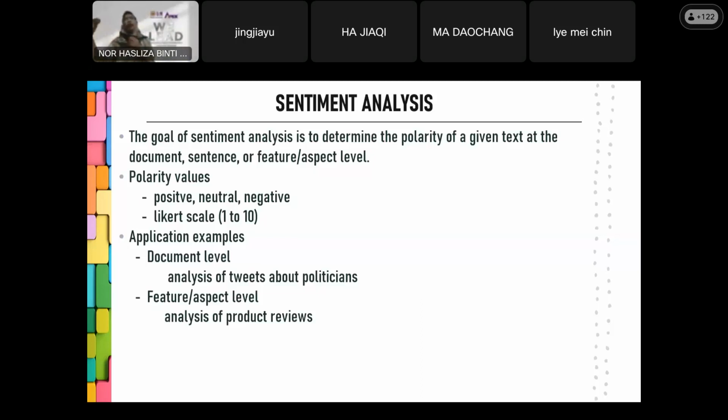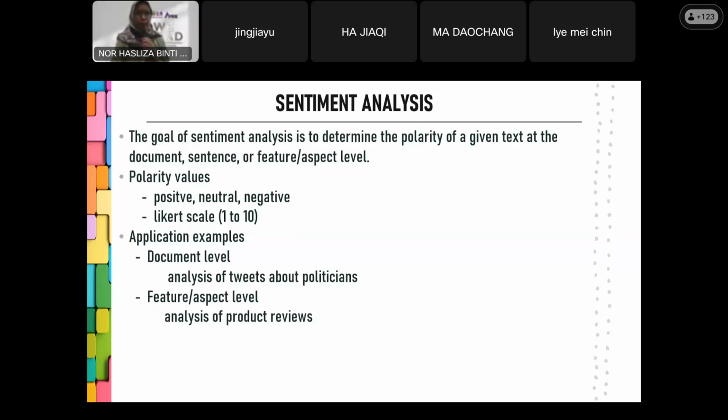It depends, because the machines and the tools used for sentiment also vary. For example, if we use the lexicon base, it will not use machine learning. It will have its own general score of the word. Okay, later on you will understand. I will show you later on.